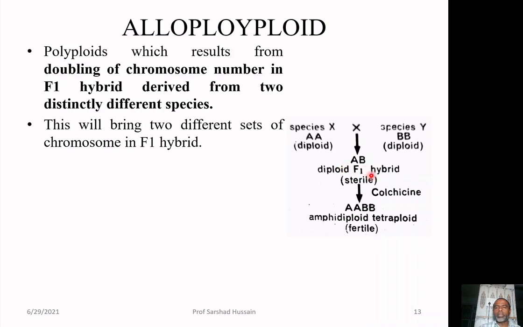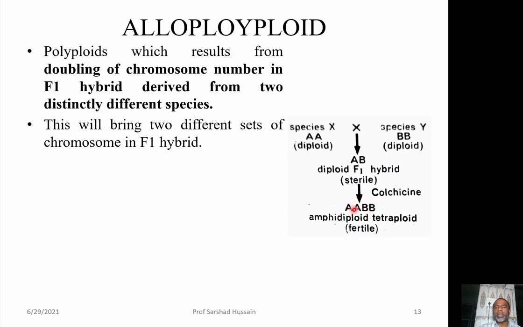So, if this species is treated with the colchicine treatment, the chromosomes will double in the interphase, but colchicine treatment will not lead the cytokinesis, and will not distribute the chromosomes towards the opposite poles. As a result, each cell will have double the amount of chromosomes, double the set. So, diploid will become tetraploid.